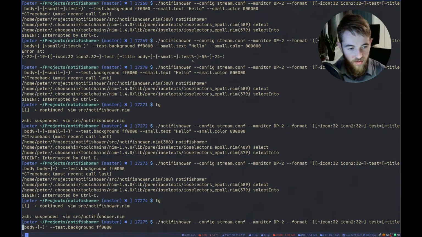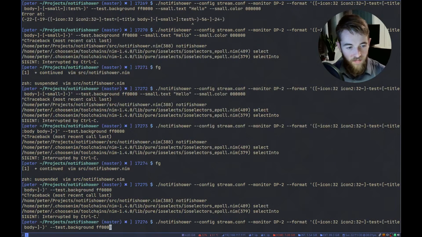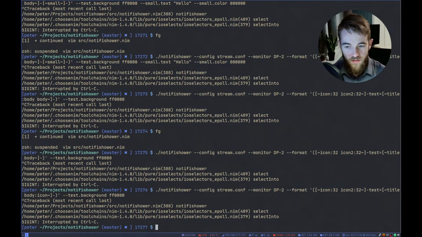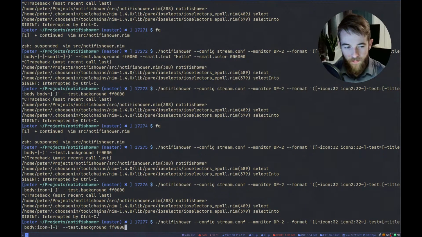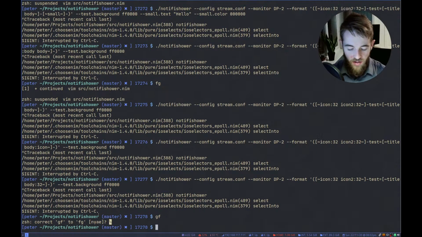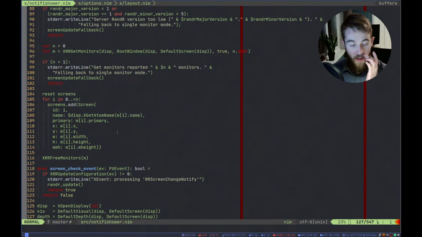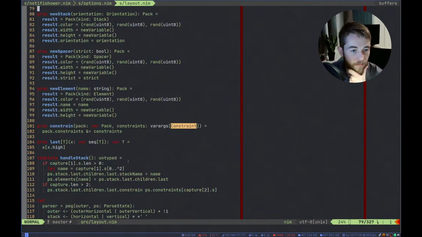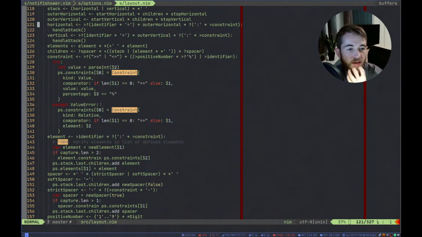I'm not too worried about that. And what happens if I say that this is same size as icon? In general, these are kind of broken now because of this alignment thing.